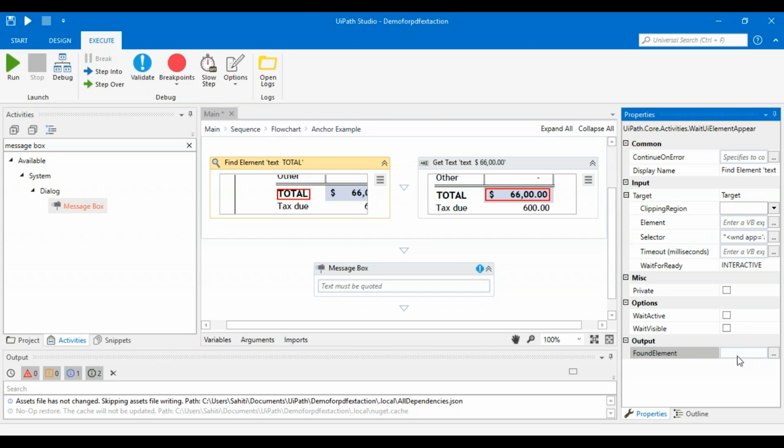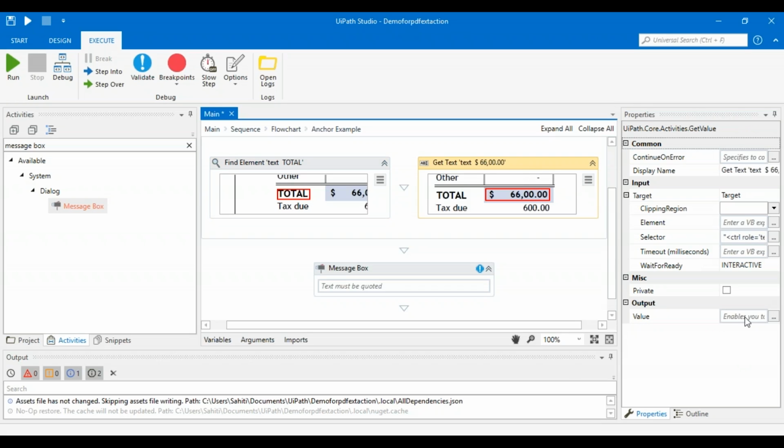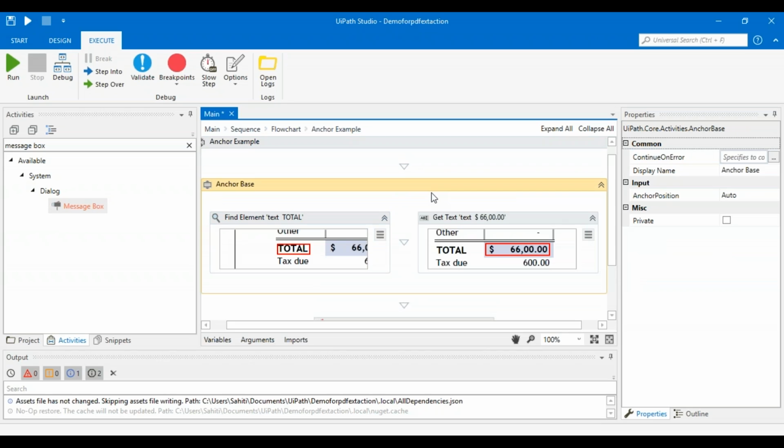So in the section, I'll just mention the output variable. Let's say we mention the output variable to be output. And then in the section, I'll mention the output variable. Now, one more thing that I'd like to tell you is that in the anchor based activity, if